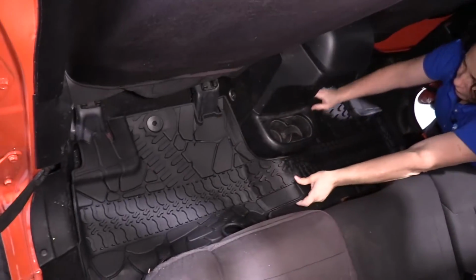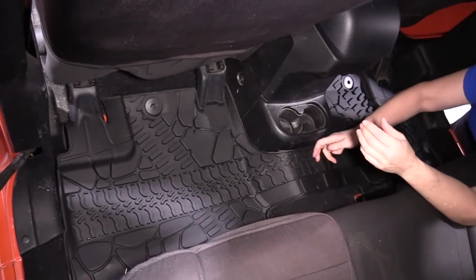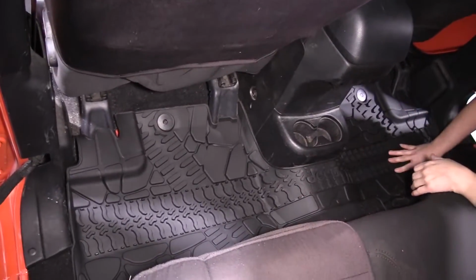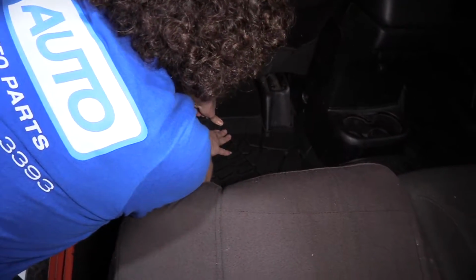It's a one piece, so it has over the hump, which is cool because the cup holes are right there and spills happen. Just line up the clip, snap it down, line up the clip on this side, lock it down,